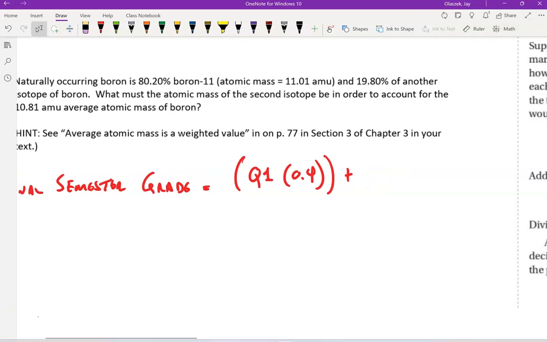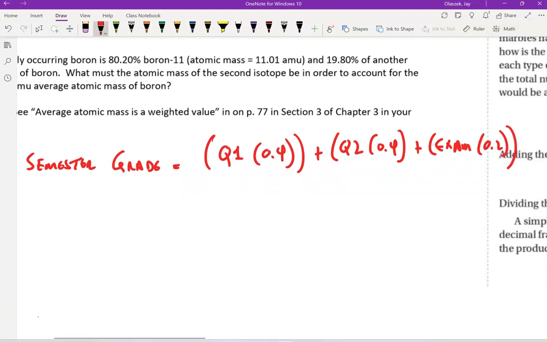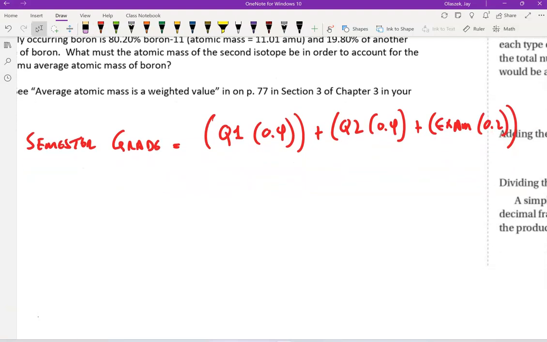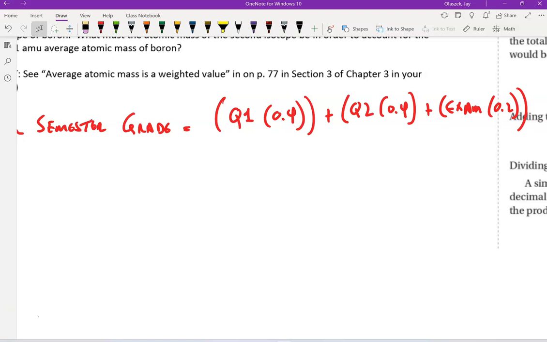We're going to add to that your quarter 2 grade, which we're going to multiply by 40% or 0.4. And finally, your final exam grade, which we're going to multiply by 20% or 0.2. If you take all of these components and you add them together, you get your semester grade for semester 1,